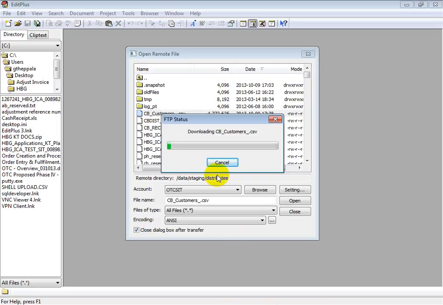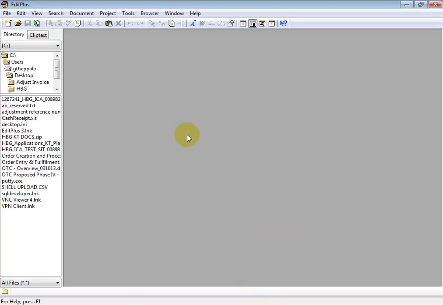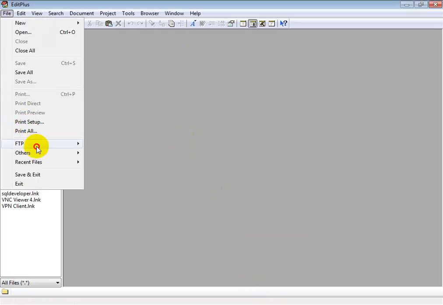Do one thing. You just go to Edit Plus and data staging, and just download the file and search for your accounts. Because it will take a lot of time. Okay. Can you cancel that? I'm cancelling it. The file will be cb_customer.